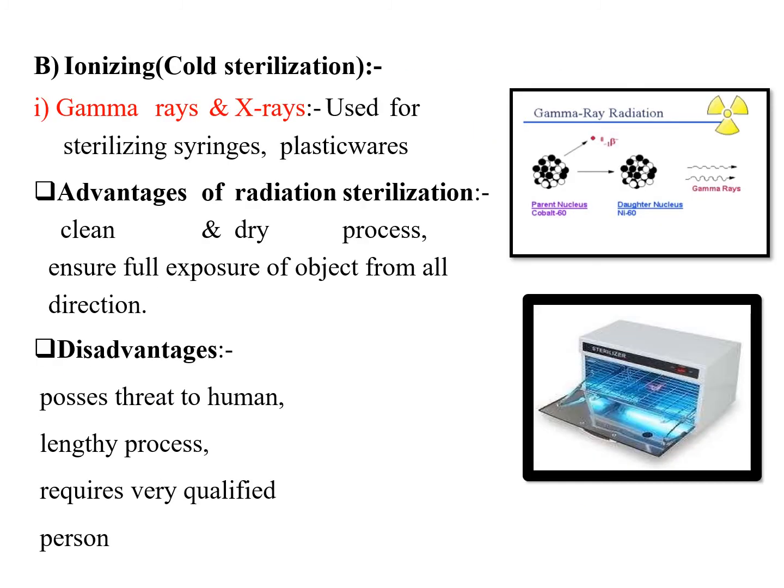Now in ionizing radiations, generally gamma rays and X-rays are used. And again they are used for sterilizing syringes and plasticwares. Advantages of radiation sterilization: it's a clean and dry process, with no involvement of any kind of water or gases. Only rays are used, so it ensures full exposure of objects from all directions, and for this reason they are a very good option for sterilization,